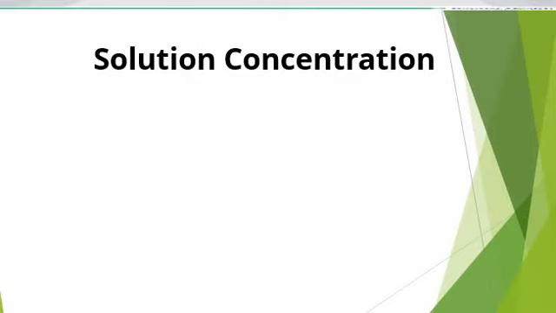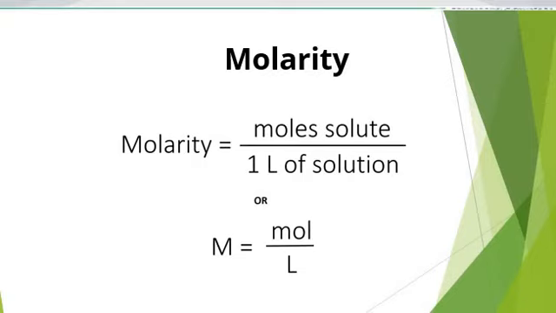Now to calculate the concentration of a solution, we basically divide the solute mass by the total volume of a mixture. And if we talk quantitatively, then we have certain formulas by which we can determine the exact concentration of the solution. For that, the most important one is the molarity. Molarity is the expression of the concentration of the solution, which is the number of moles of solute present in exactly 1 liter of solution.